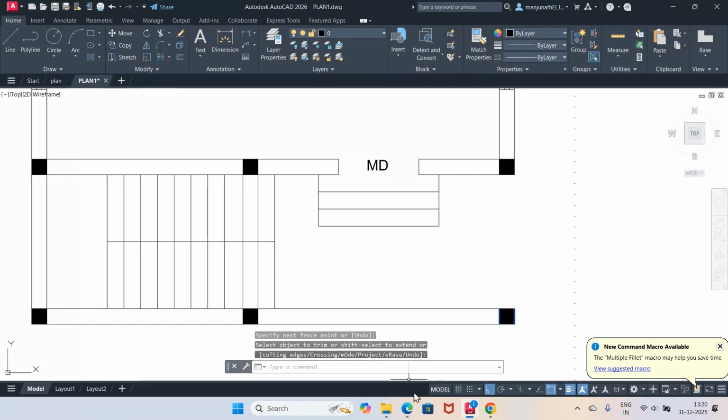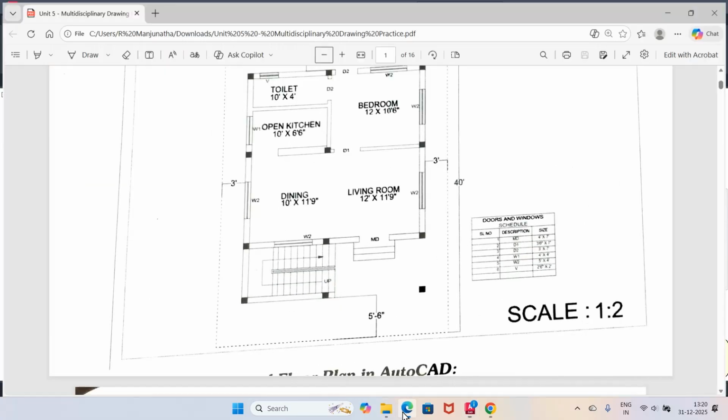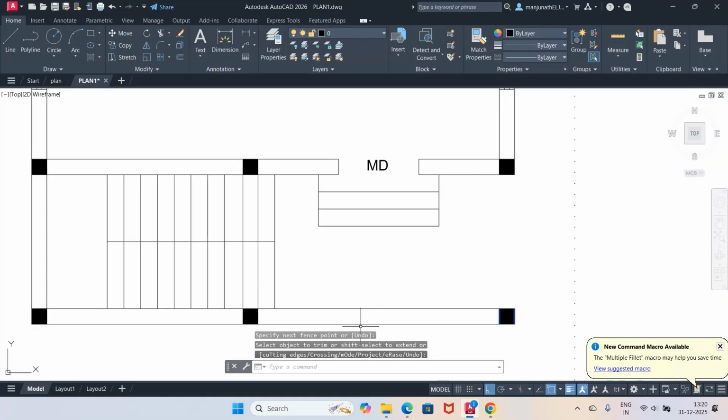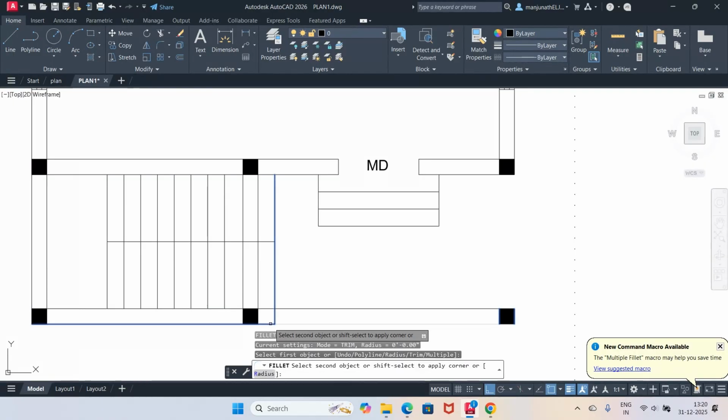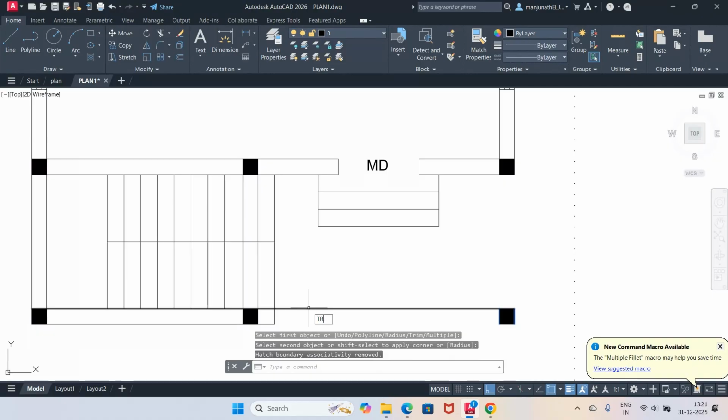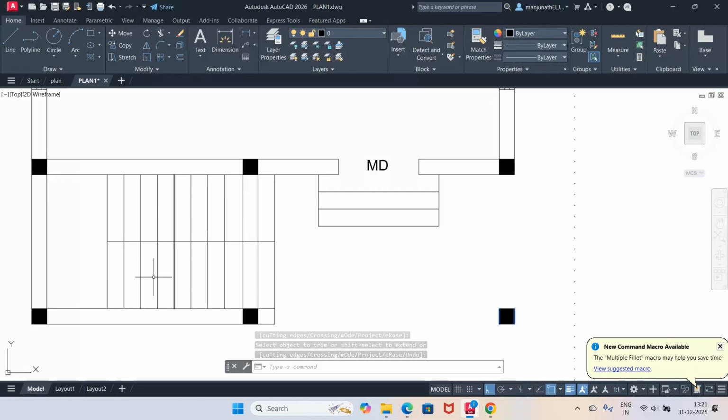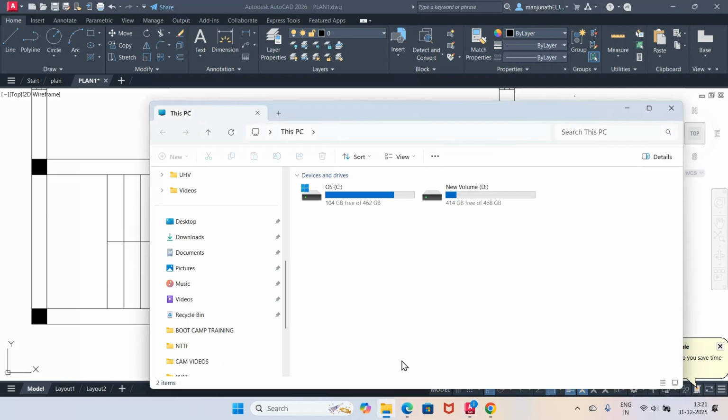So once you do that, then I don't want the rest of the things here. Okay. You just extend this or you fillet this. Fillet this line till here. And then you trim this portion. Okay. This portion is over. Now I want this. I'm climbing from here going to the first floor. Okay. So to do that, I will go for